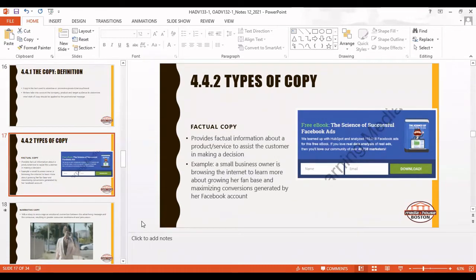Here now we have a free ebook, The Signs of Successful Facebook Ads. This is an example of a factual copy. So with a factual copy, you don't lie, you don't use any magical words. Basically, this is based on facts. It's something that is straight up, straight to the point,